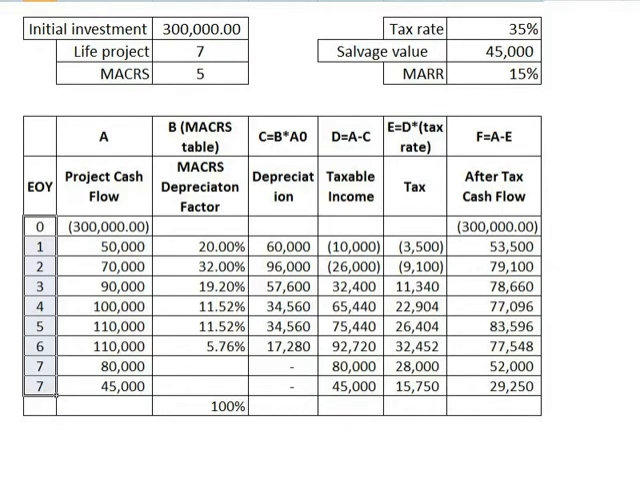In this video, we're going to talk about the effect of depreciation and taxes on the calculation of the present worth of projects. And without any further